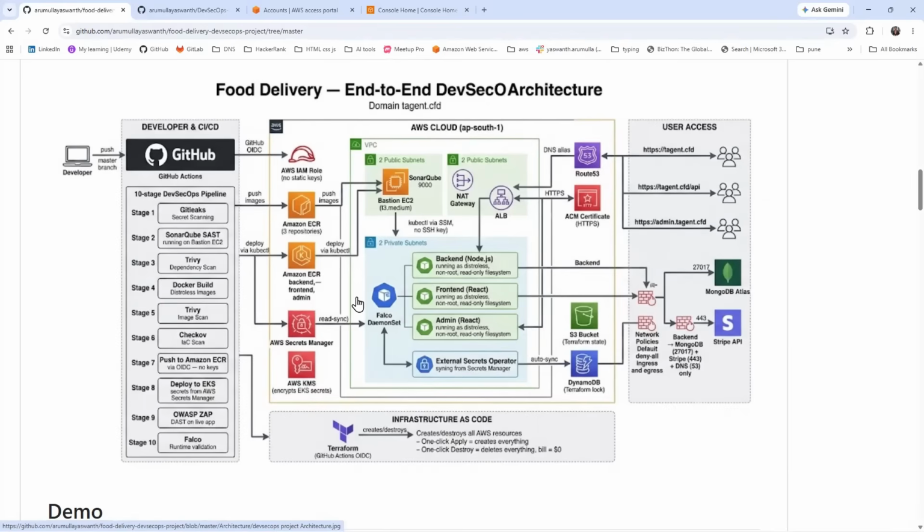And this is a total of 2 sites. My domain name is tajan.cfd, and tajan.cfd/API, if you hit it, you are able to access the entire backend services. And admin.tajan.cfd, if you hit it, you will be able to access the admin dashboard. Okay,